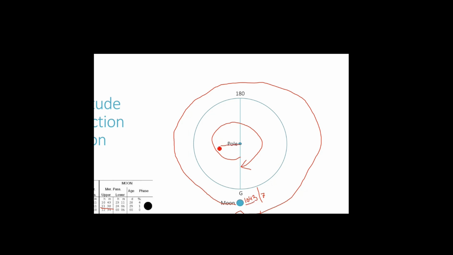Now, if my observer is at a certain longitude, let us say the observer is here, and I want to find out what is the meridian passage time for this particular observer, I need to find out or interpolate what is the delay up to here. So how can I find that out? If I get the total delay, that is 11:38 minus 10:43,